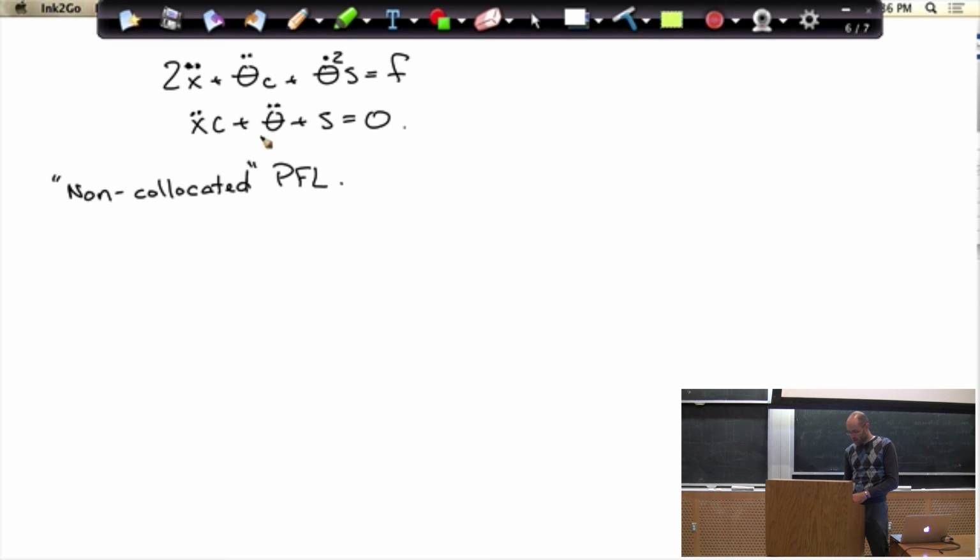I'll do it by just solving first for x double dot, and I want to have this thing just in terms of theta double dot. So x double dot is negative 1 over c times theta double dot plus s. Then I'll stick that back in the first equation to get the whole thing in terms of theta double dot. So I'll get negative 2 over c